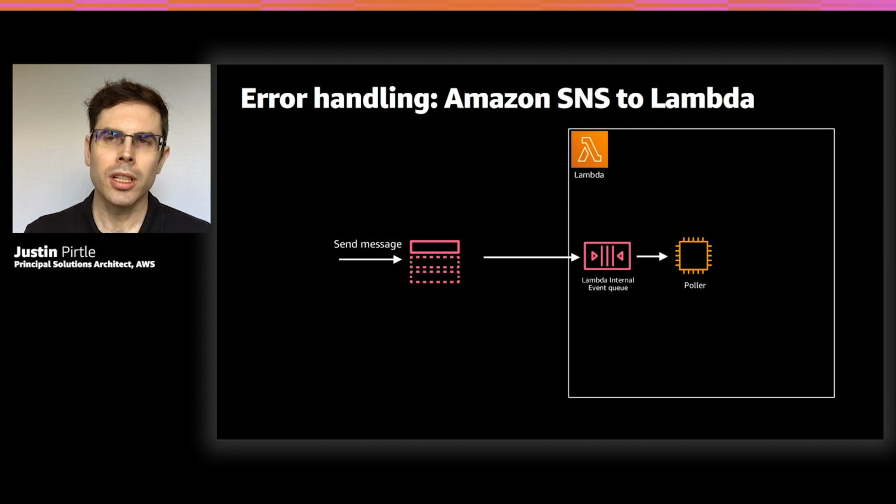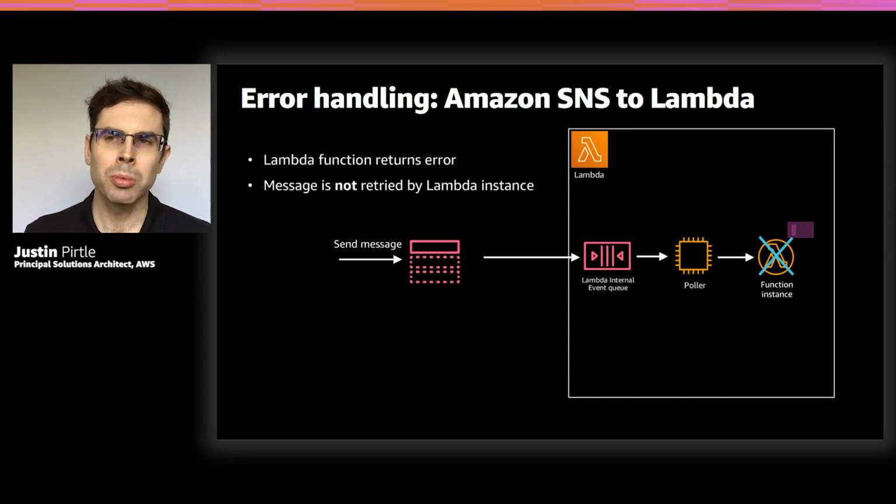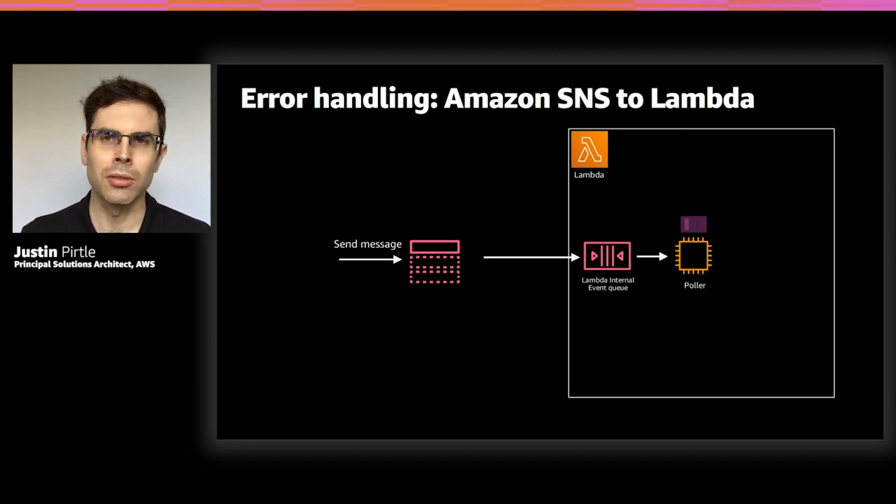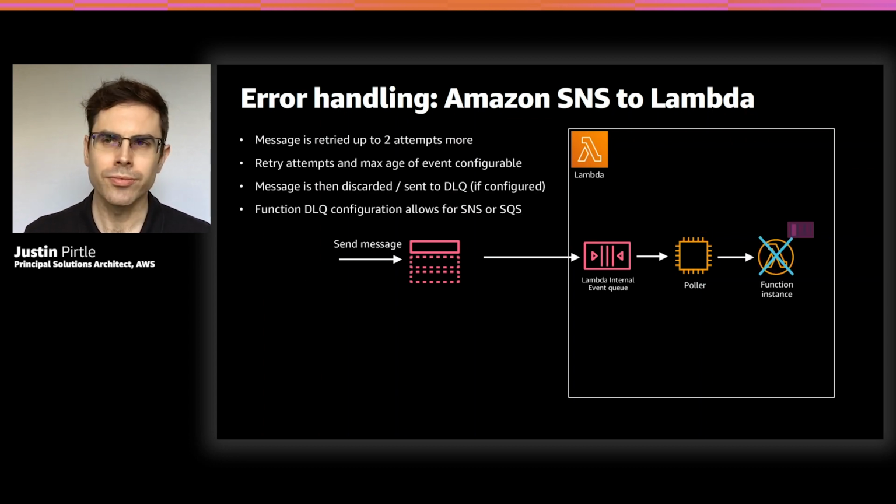So with that, let's quickly look at SNS to Lambda, the first scenario being a customer issue in a function due to a poison message. So we send a message to the topic. The message goes to an internal event queue, which goes to the poller, which tries to spin up the instance, but let's say the instance actually throws the exception. In that case, just as before, Lambda doesn't retry from the poller directly. The message goes back to the queue with its visibility timeout, and this is the internal queue of Lambda. And so that timeout elapses, and then the poller picks up the message again and retries the function again. Well, assuming the message is a poison message, it will likely never succeed.